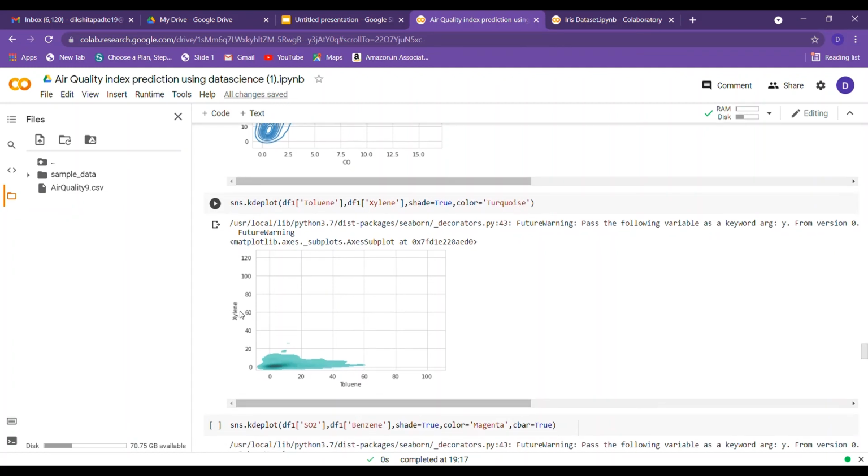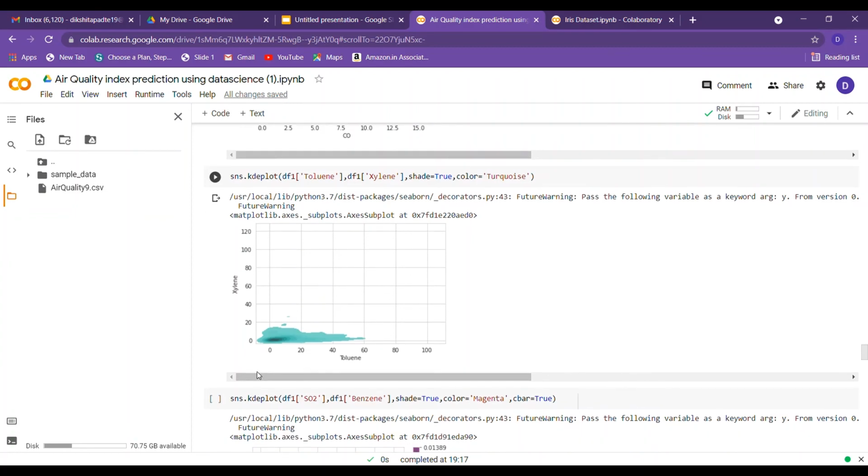So here we have plotted the graph with respect to xylene and toluene, and this dark spot which you can see over here basically implies that both xylene and toluene have their amount between the range 0 to 20. Means both xylene and toluene amounts are fitting in the range 0 to 20 largely.